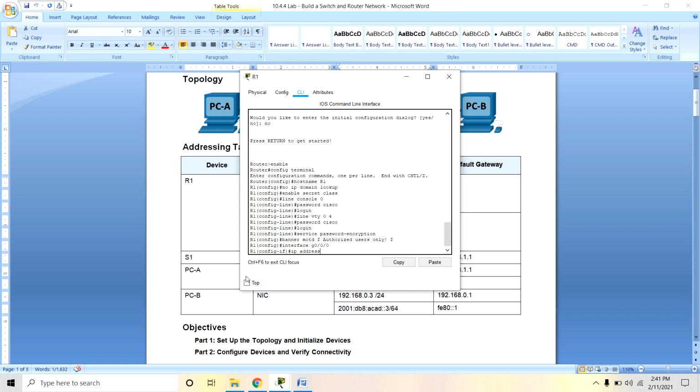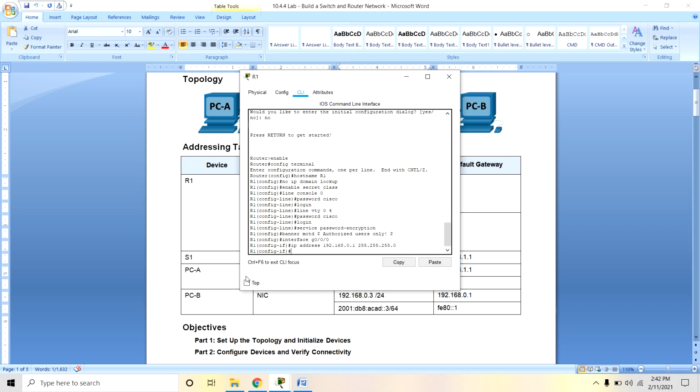You can manually type here 192.168.0.1 and assign the default subnet mask, 255.255.255.0.